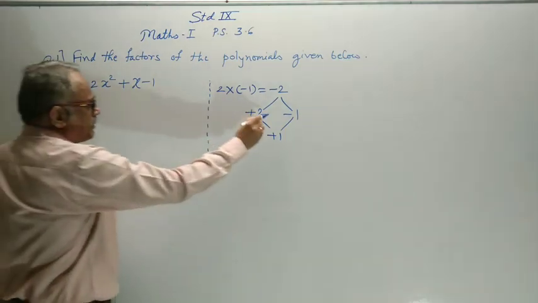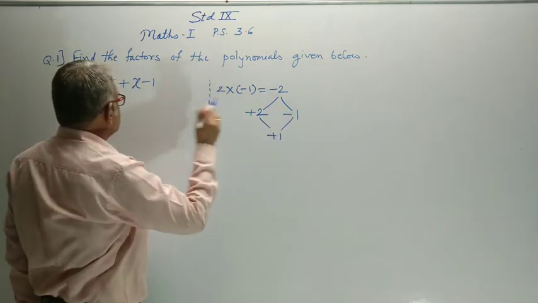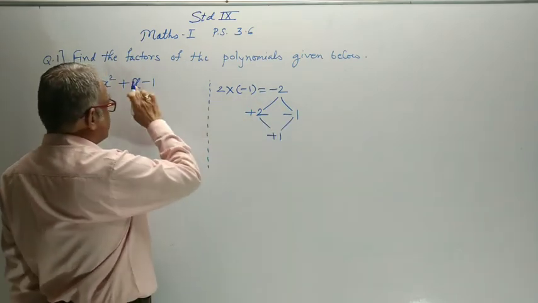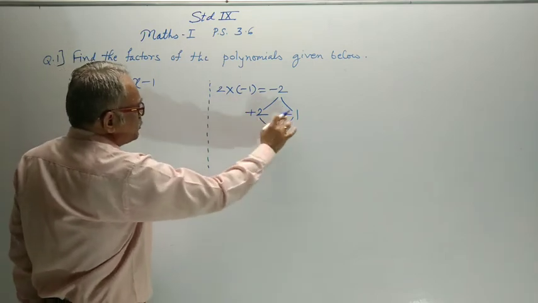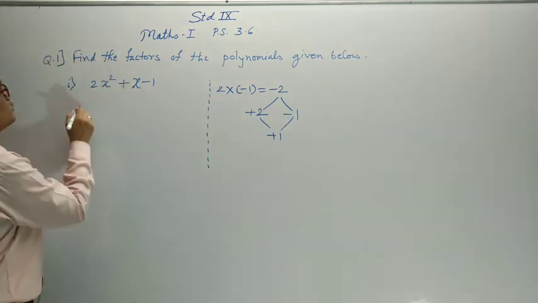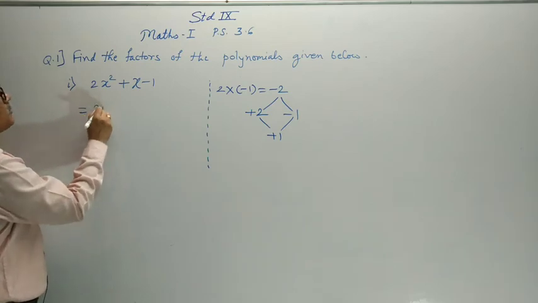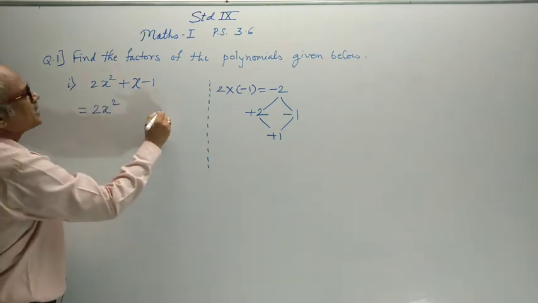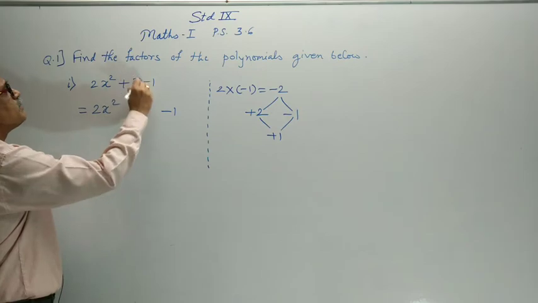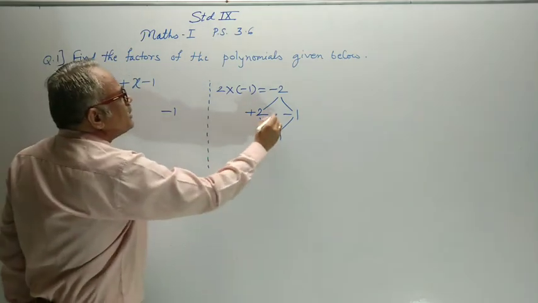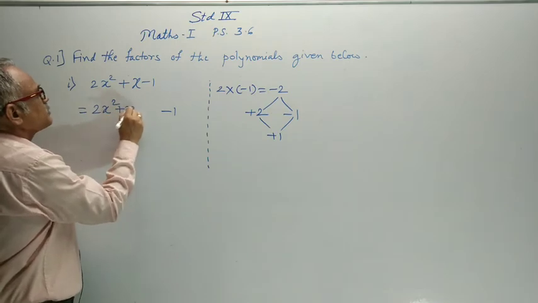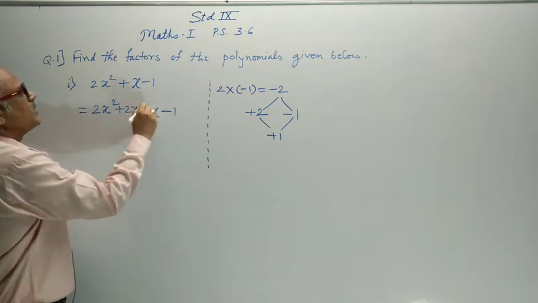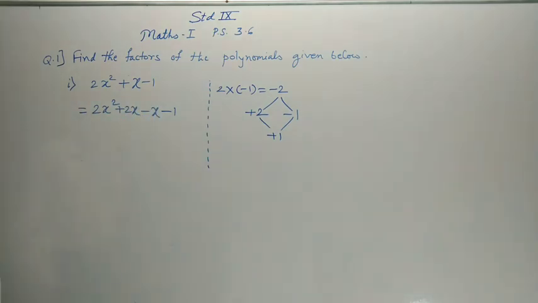Now these plus 2 and minus 1 we have to use to split the middle term along with the variable. Meaning, instead of plus 2 I have to write plus 2x minus 1x. So expression is equal to first term as it is, last term as it is. Instead of this plus x, what we have to write? Plus 2x minus 1x. 1x means x; 1 need not be written as a multiple.